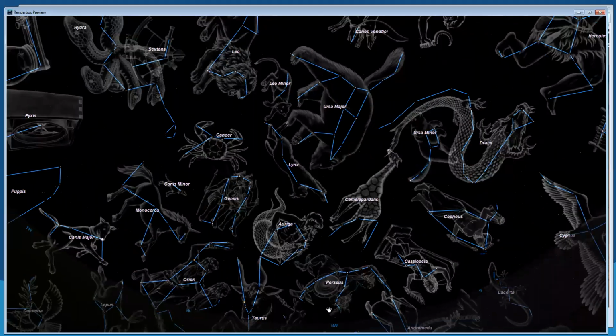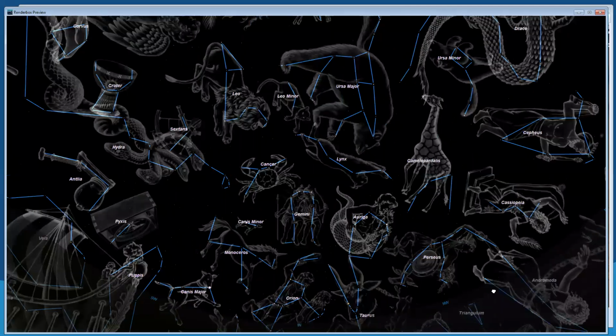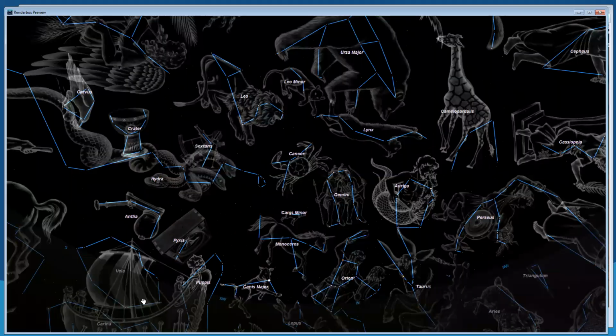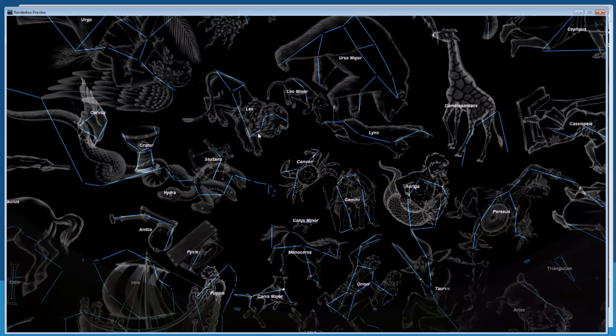So Orion and Taurus are about to go below the horizon. Leo the lion, which I think of as a spring constellation, is up in the sky. You can find that backwards question mark in the night sky. And did you know there's a unicorn in the night sky? It's actually not very easy to see. It's kind of right above Orion, but not actually that easy to see.